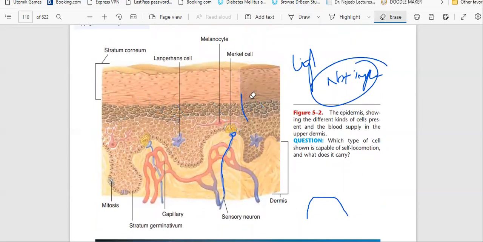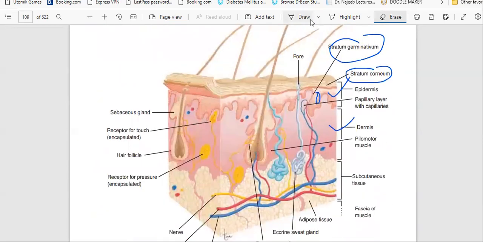deep layers. For example, we have two layers in the epidermis. What are those? Stratum germinativum and stratum corneum. In the first degree, only the stratum corneum is affected. In the second degree, the stratum germinativum is affected. Capillaries are nearby the stratum corneum, so the capillaries will leak plasma into this area. The plasma will enter into the epidermis and it will cause a blister,